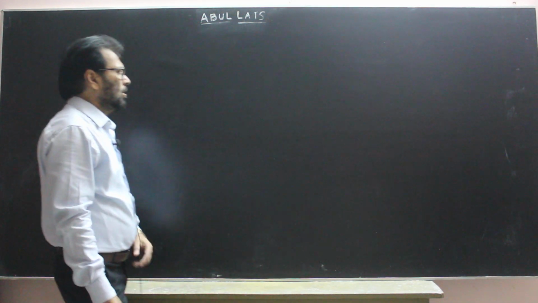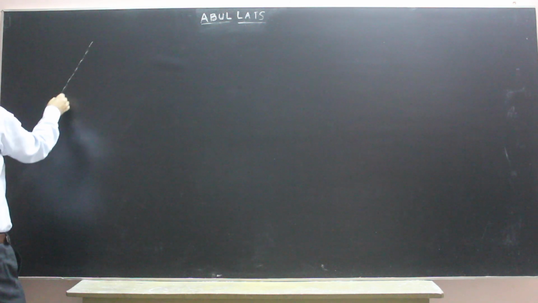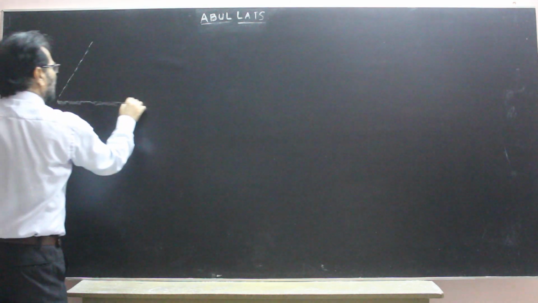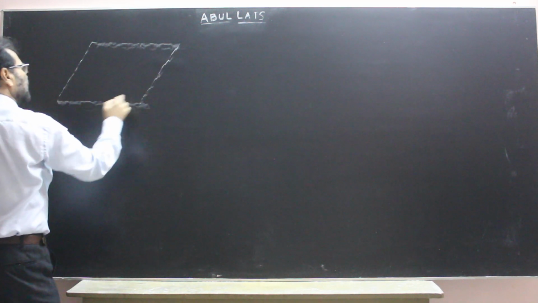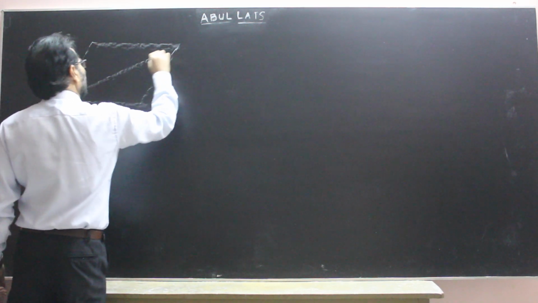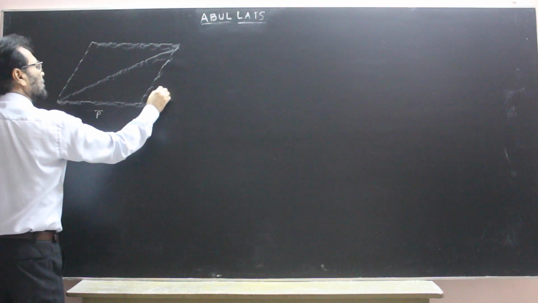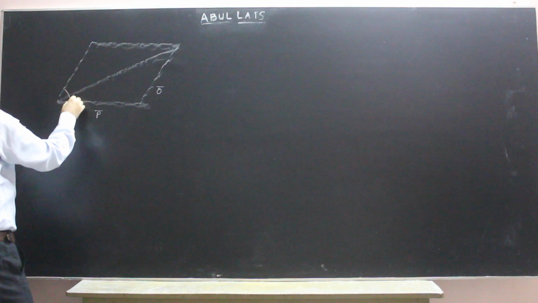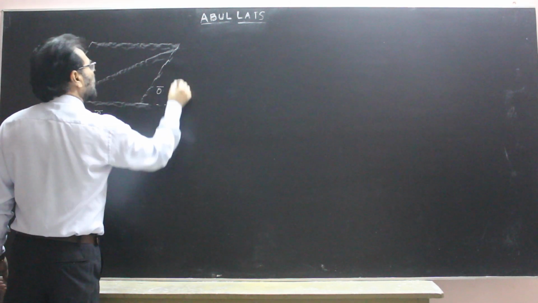तो बच्चों हम लोग पैरेललोग्राम लॉ ऑफ वेक्टर एडिशन पढ़ रहे थे। तो पैरेललोग्राम लॉ ऑफ वेक्टर एडिशन में मैंने आपको बताया है कि अगर ये दो वेक्टर P एंड Q हैं और दोनों के बीच का एंगल अगर थीटा है, देन